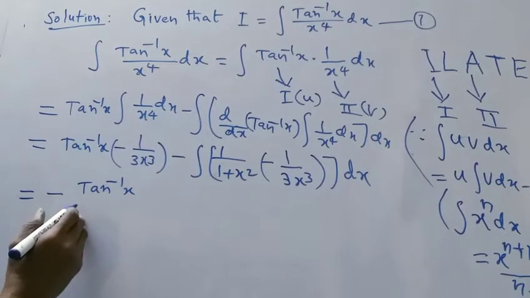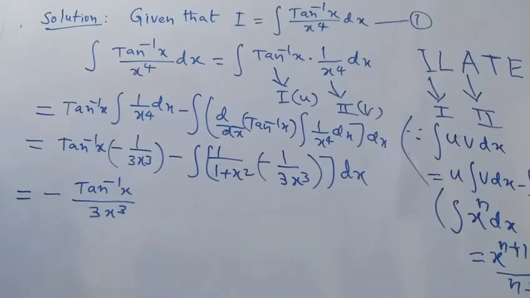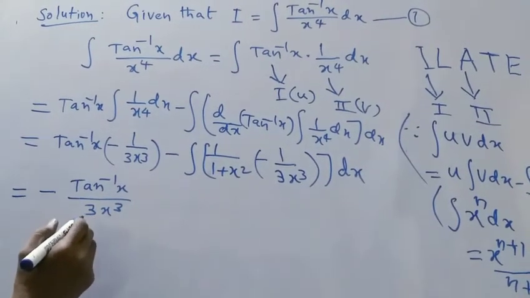That means here minus tan inverse x by 3x cube,